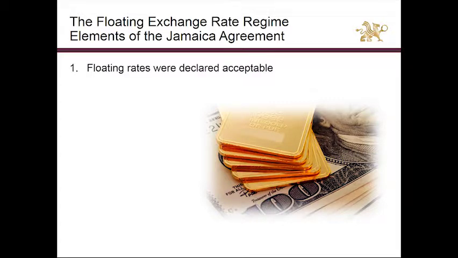Number one, floating rates were declared acceptable. IMF members were permitted to enter the foreign exchange market to even out unwarranted speculative fluctuations. Number two, gold under the terms and conditions of the Jamaica Agreement was officially demonetized in 1976, freeing all currencies to float against gold. Gold remains, even to this day, an important strategic asset held by